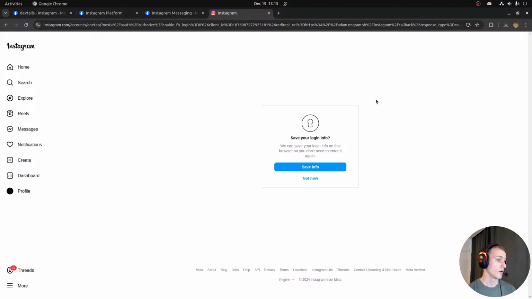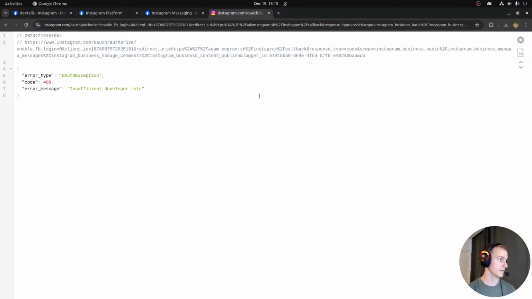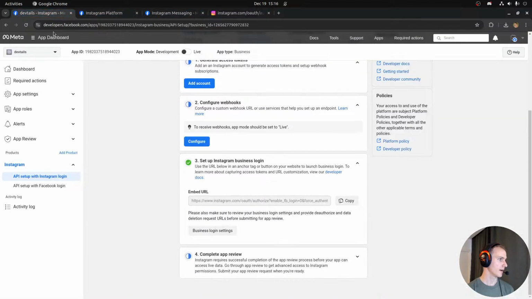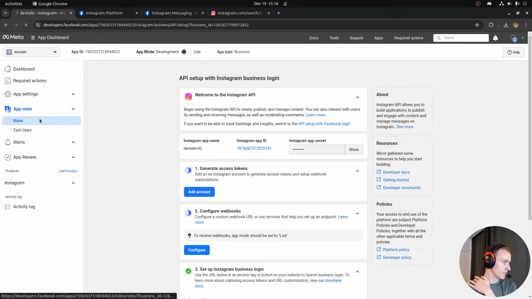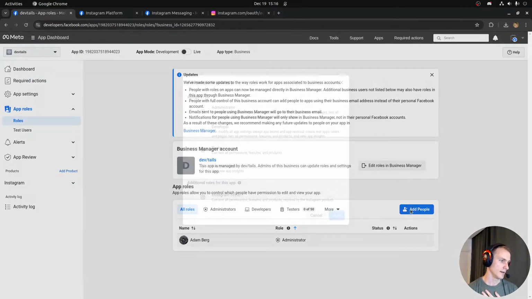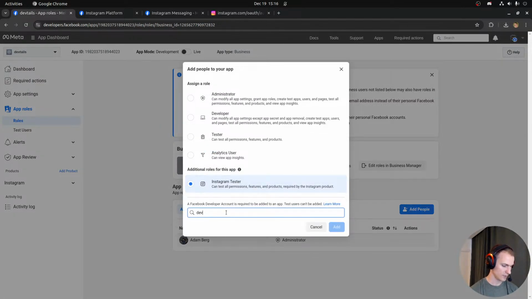It's gonna take you in. Why it asks me this every single time, I don't know. But if I say not now, cool. So already there is kind of like first confusion level. You're like, insufficient developer role. You're like, okay, well, what does that even mean? Well, I will tell you, and none of this tells you that. But basically, what you need is to add your Instagram user